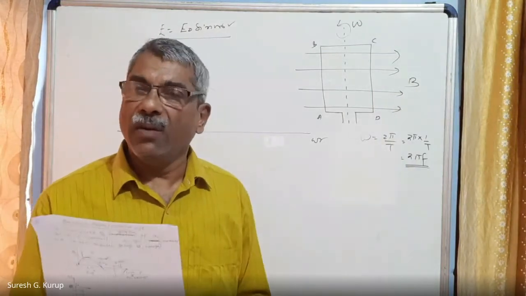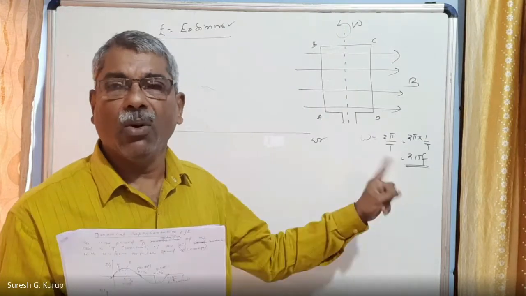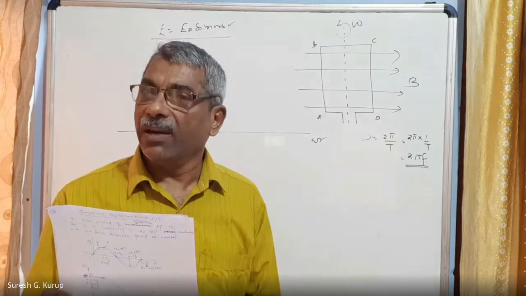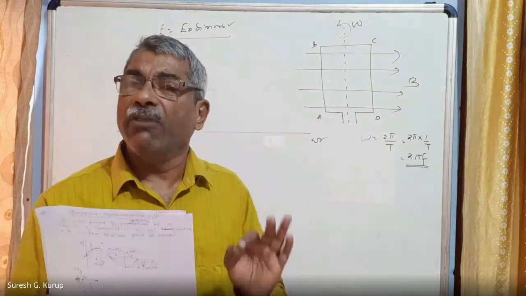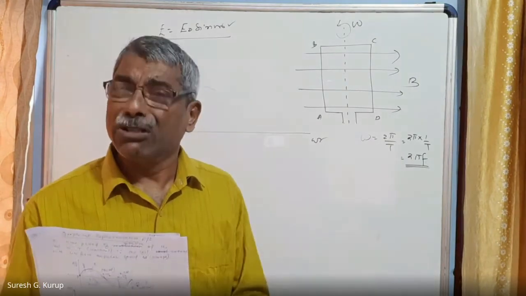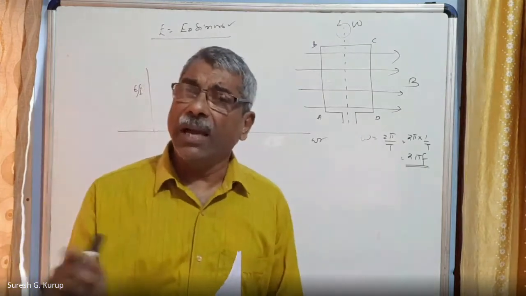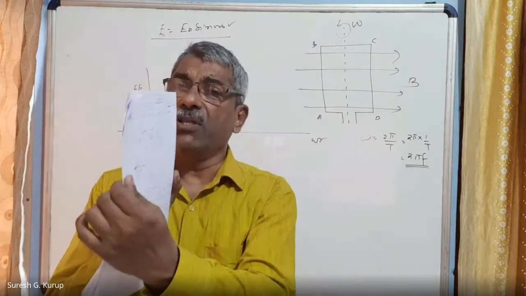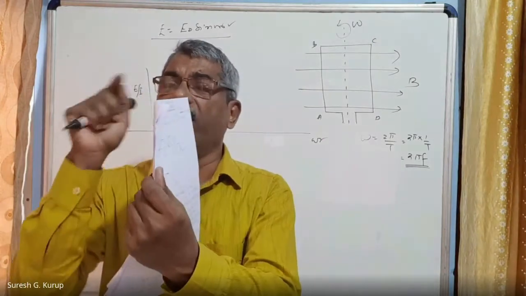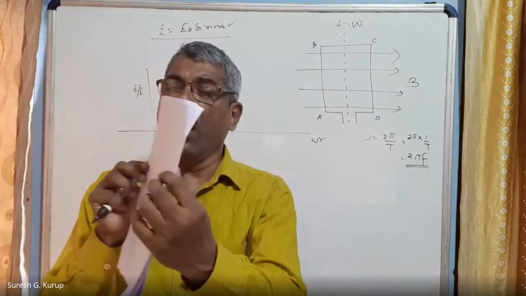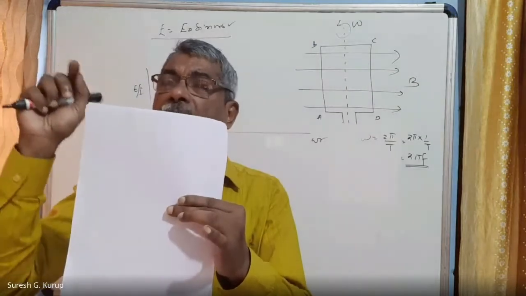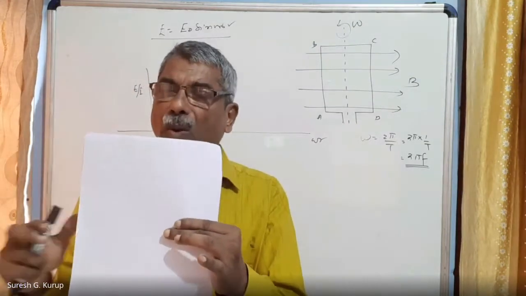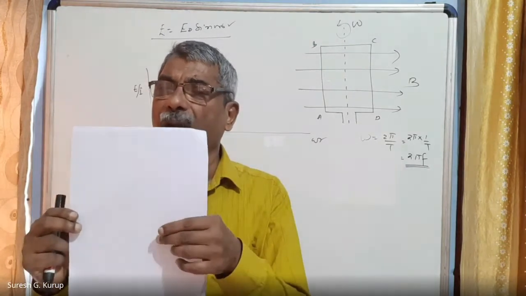So the time period is always a constant because the coil is rotating with a constant angular velocity in the constant magnetic field. So the time period of revolution of the coil is a constant. This constant time period T can be divided into 4 parts. Suppose this is the first case, small t is equal to 0. Now, small t is equal to capital T divided by 4. That means T is divided into 4, one quarter part of the time.